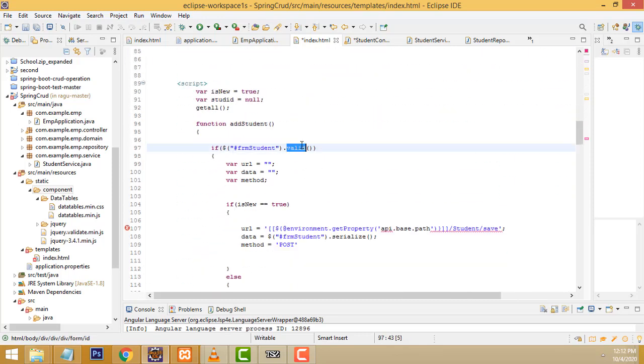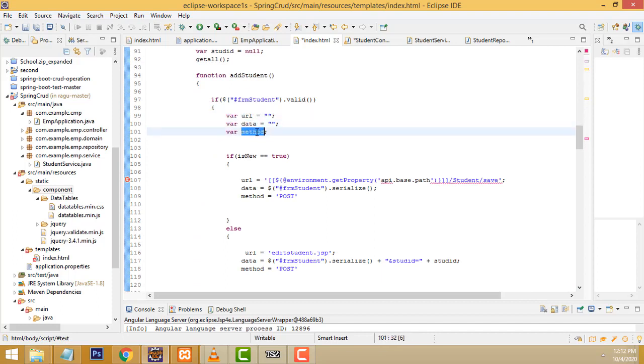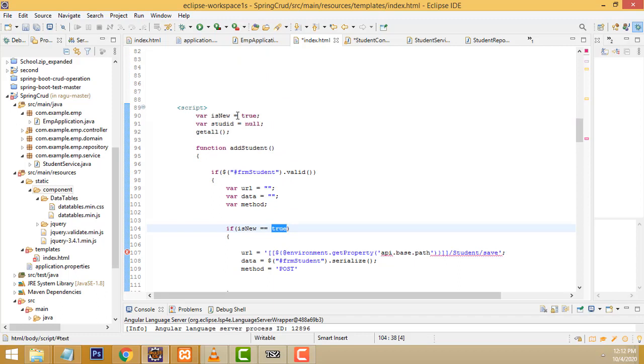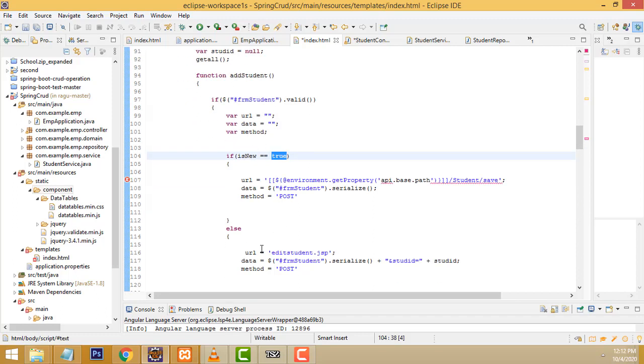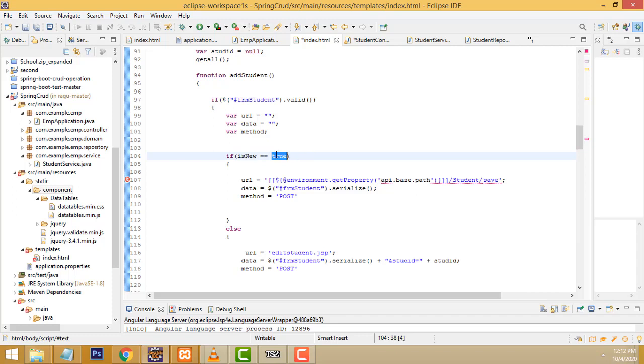If it is valid, we have to make 3 variables: URL, data, method, right? If isNew is true, it is not an existing record, you are going to add the new record. If it is an existing record, it goes to the edit part. If it is a new record, it is true, right?